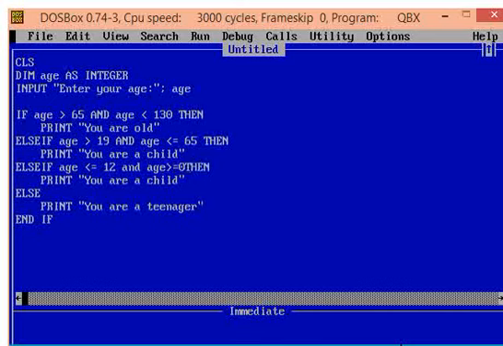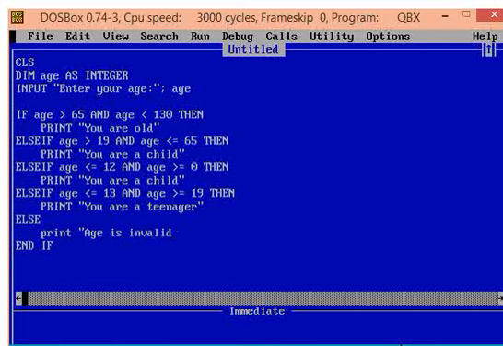We will put in one more explicit condition for teenagers. Else if age is greater than or equal to 13 and age is less than or equal to 19, print you are a teenager. If none of the conditions match, we will say that age is invalid. Meaning, in the else block, we will write this print statement: else, print age is invalid.